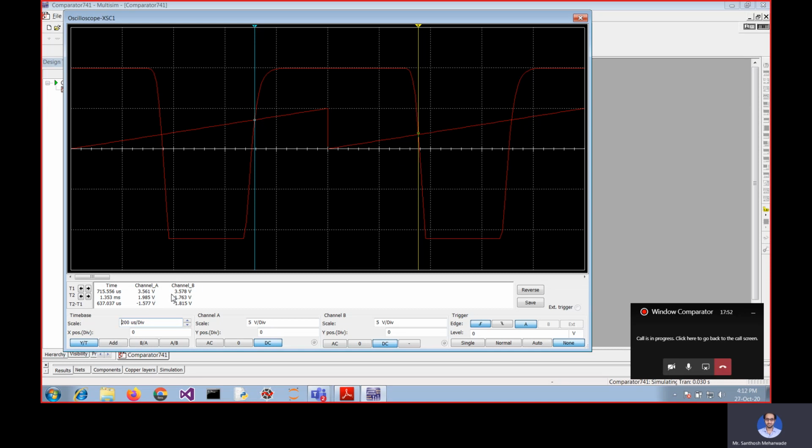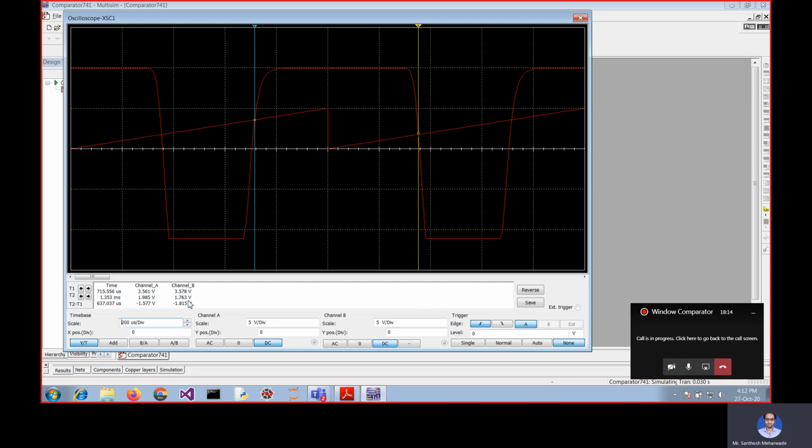So 1.98 and 1.76. In between, you can take it as 1.8 volt. 1.8 volt will be the LTP. We are expecting 1.66 for the LTP, that is one-third of VCC, but we are getting 1.8 volt.